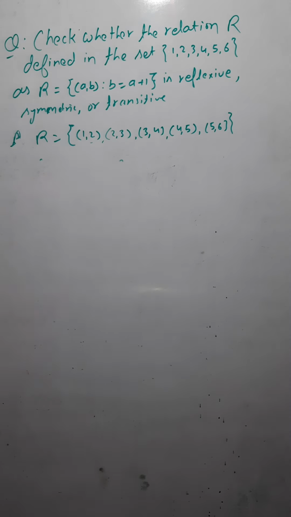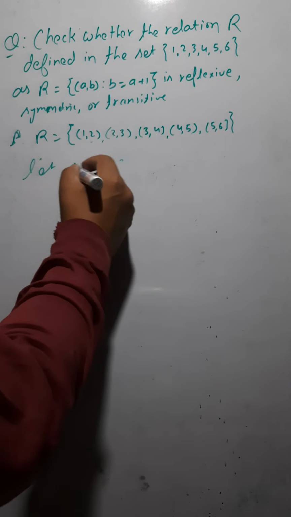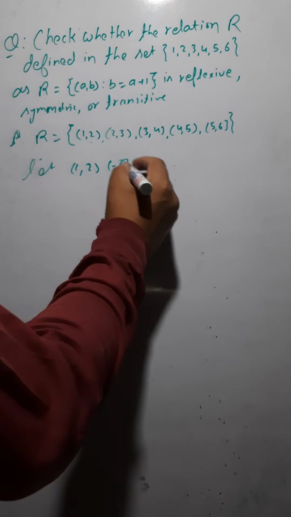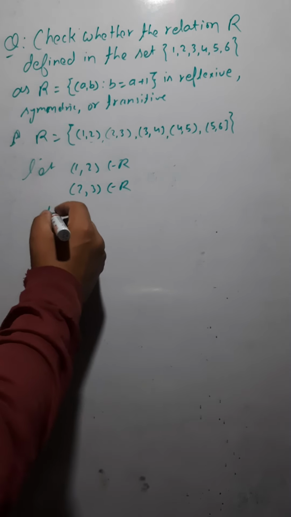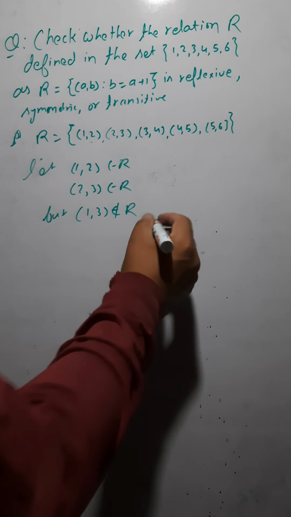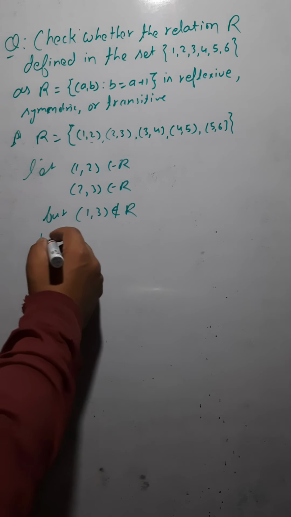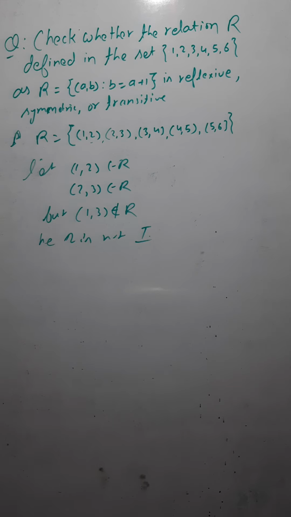Next, whether R is transitive or not. Let's take two elements: (1, 2) is there in the relation, and similarly (2, 3) is also there in the relation. So first and last, is (1, 3) there? No, (1, 3) is not there. The relation does not include this ordered pair (1, 3). Hence R is not transitive. So we can say that the relation R is neither reflexive, nor symmetric, nor transitive. That is how we find the answer to the given question. Just note it down.